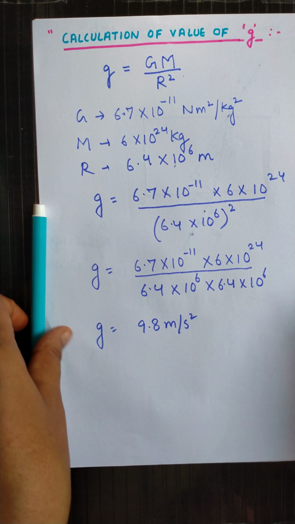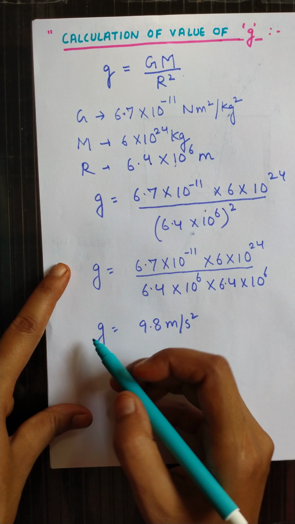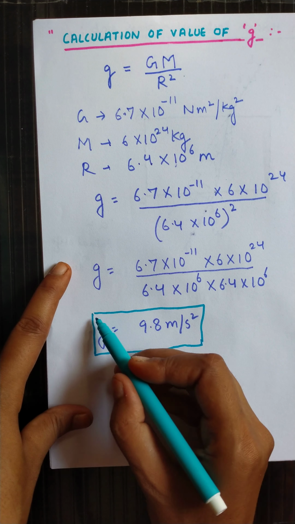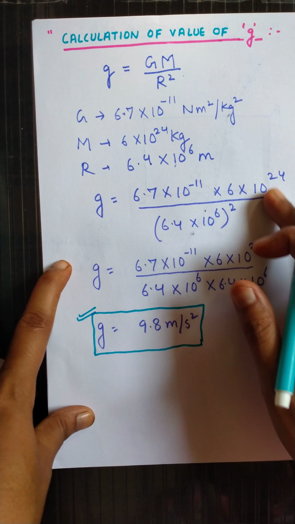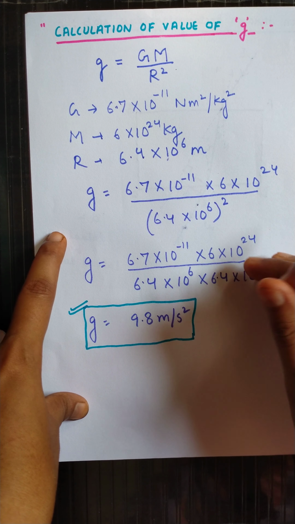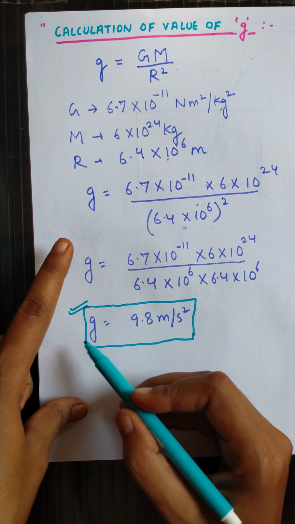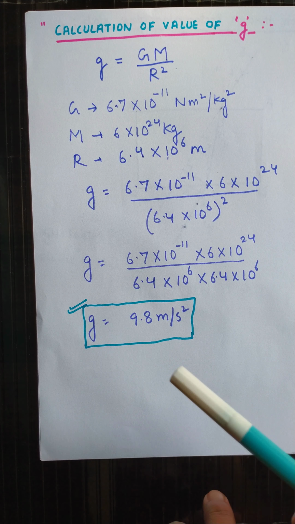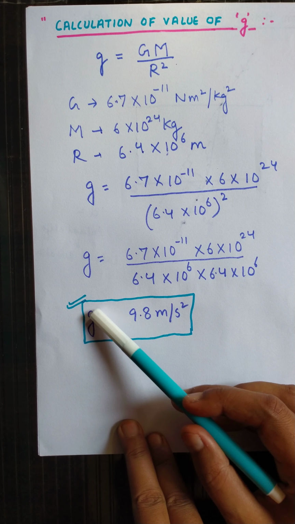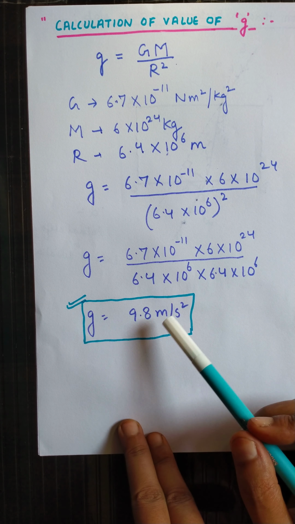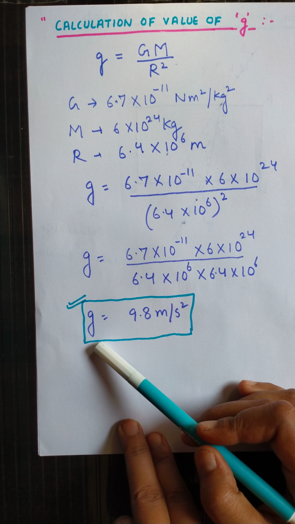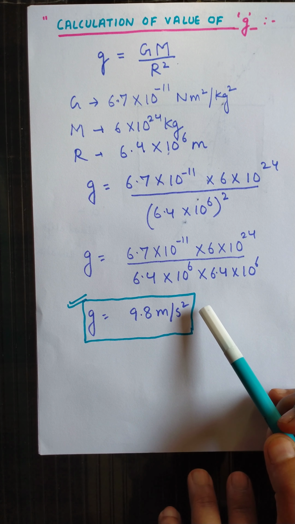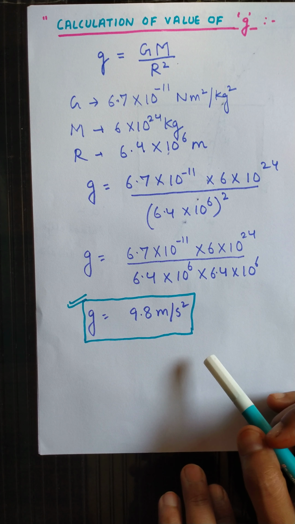Students, you must have an idea about how to calculate all these things, but no one is going to ask you how to calculate it. You simply have to remember the value of acceleration due to gravity, that is small g, directly. The value of gravitational acceleration, or acceleration due to gravity, is 9.8 meter per second square. So this will be the value.